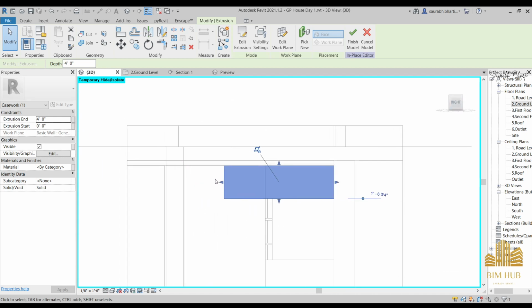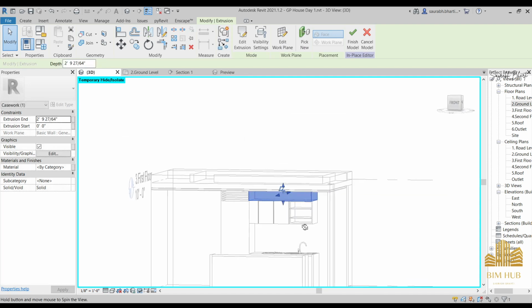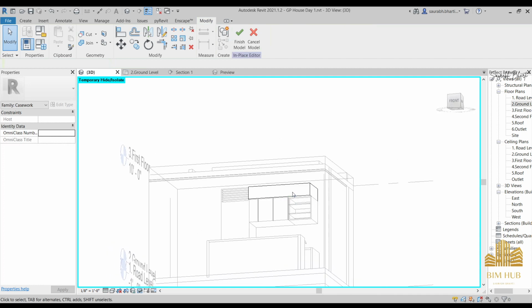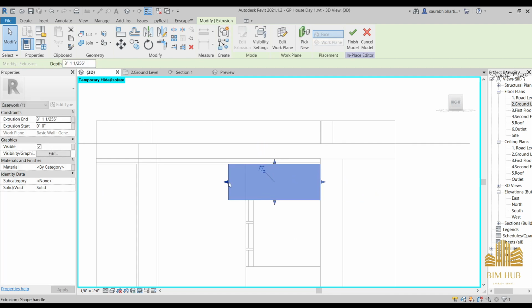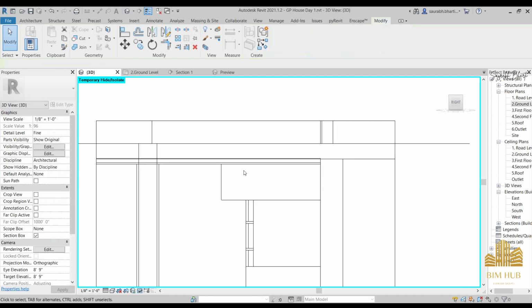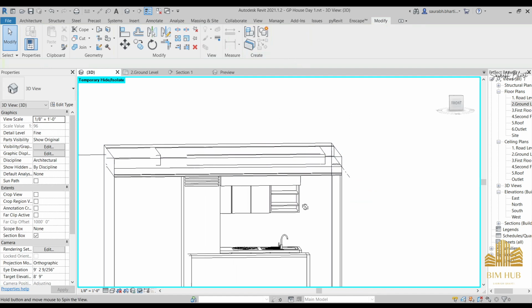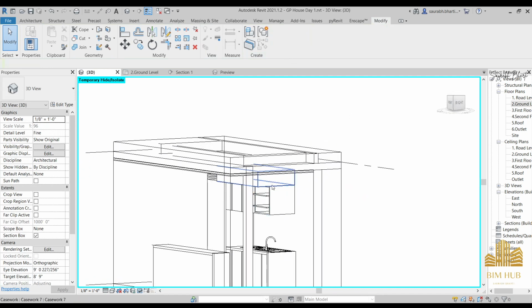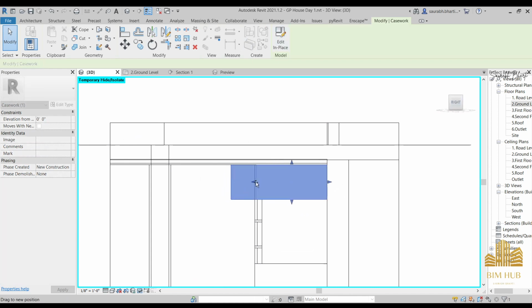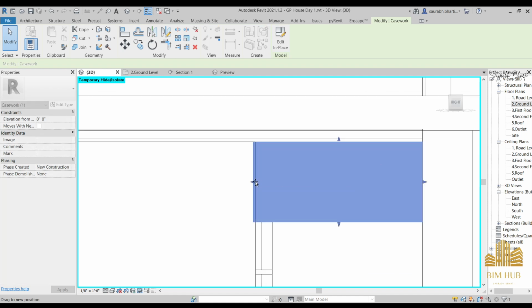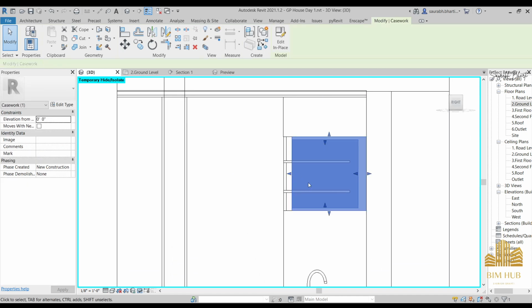Just go to this portion and keep it something like this, and increase it by a little bit like this. Finish. And now that we are done, no, we are not yet done. Keep it till here, till this place, and reduce the size of it,